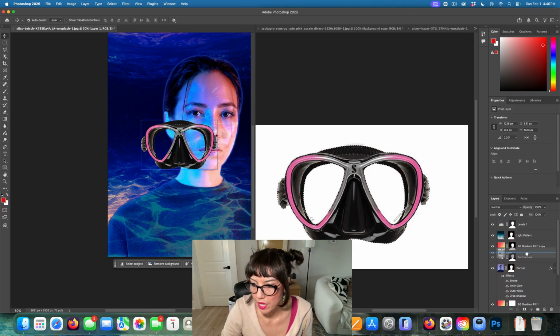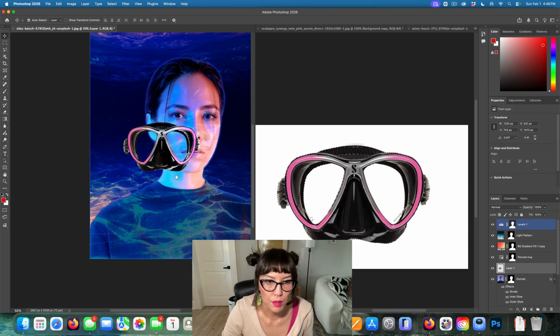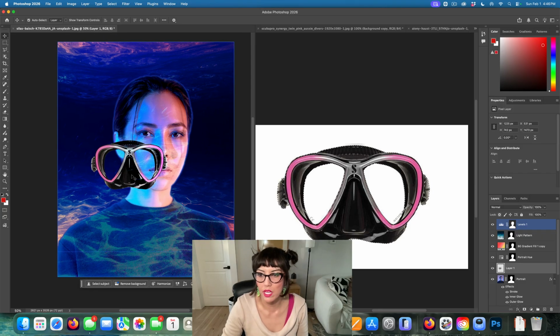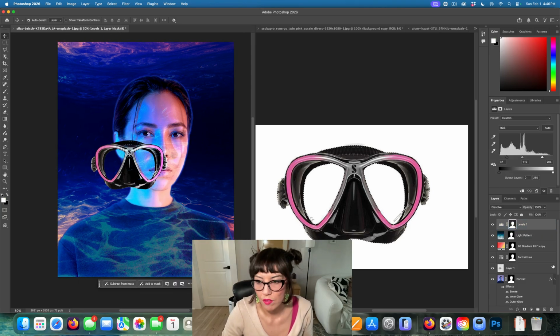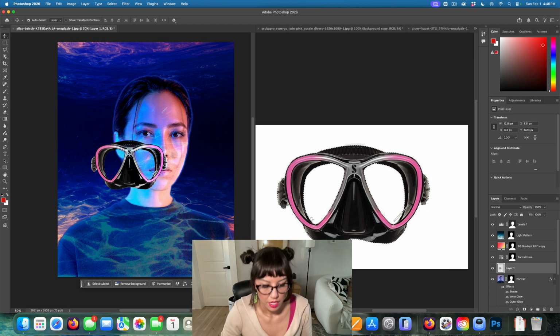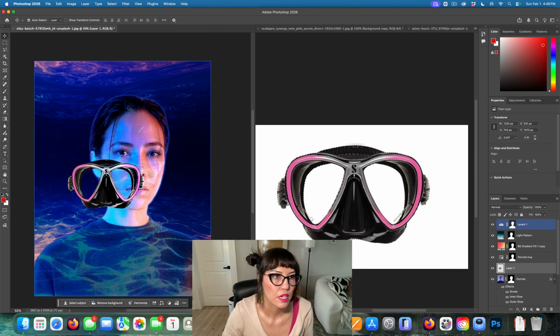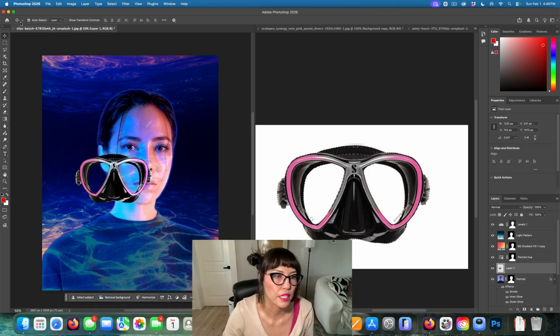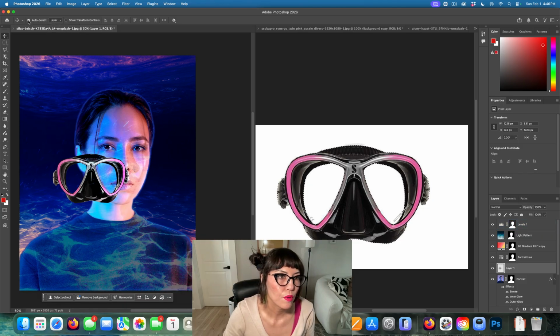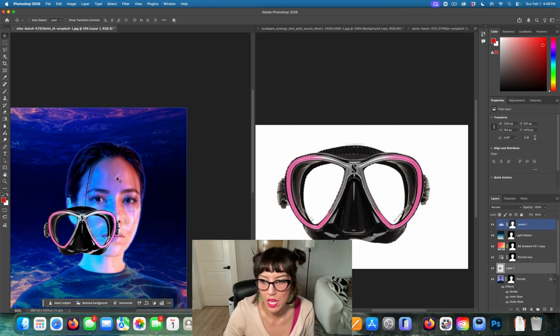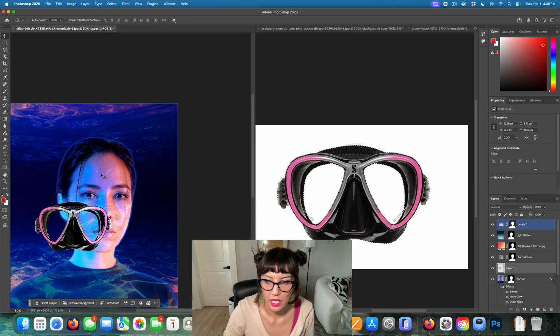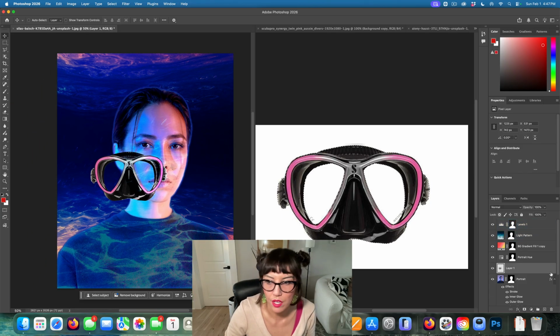I need to pull them up here to be above her face, and I'm going to put them under the adjustment layers because I'm assuming that I want them to have the same effect as the other blend layers above it. So I am going to deselect auto select up here, and the reason for that is because every time I click, I'm going to end up hitting one of these layers and then drag and move those around, and I don't want that. So I'm going to just select this layer. I'm going to label it goggles,